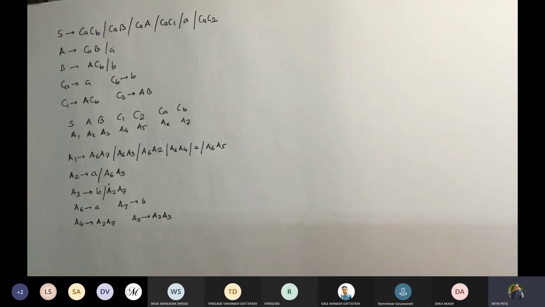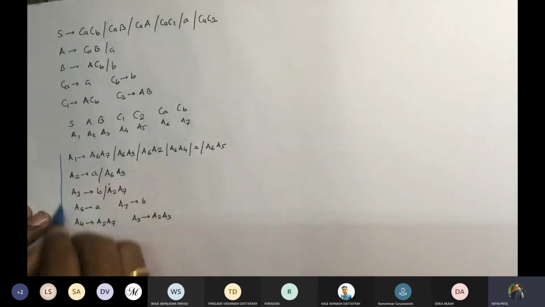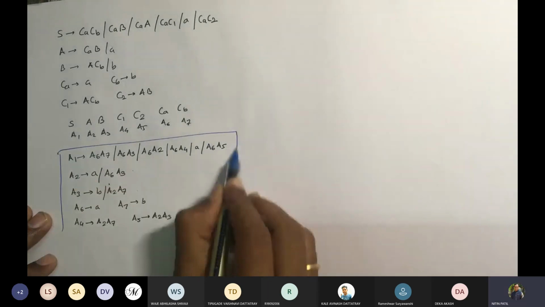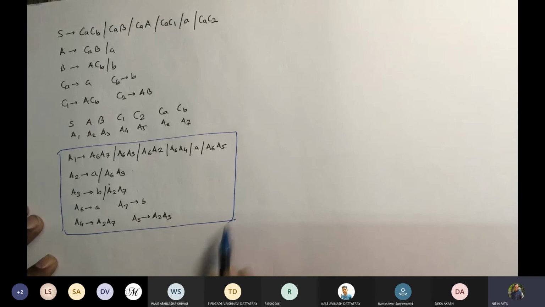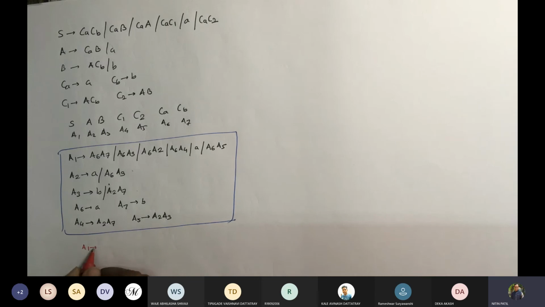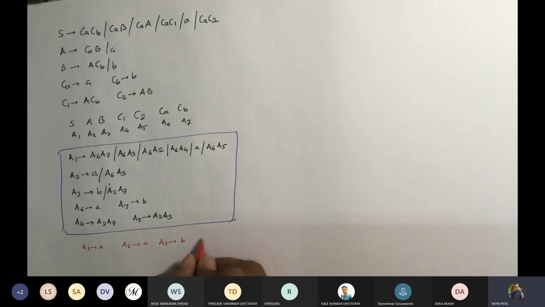So we have 14 now. So these are the ones which are given to us, which are renamed by us. कितने प्रोडक्शंस उनमें से है आपके पास रिकॉर्ड फॉर्म में? वो रिकॉर्ड फॉर्म वाले हम लिख देते हैं यहाँ पर, ठीक है। So write them as A1 gives A, A2 gives A, A3 gives B, A6 gives A, A7 gives B. करेक्ट, ठीक है।